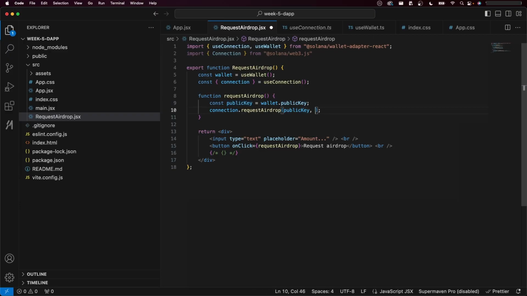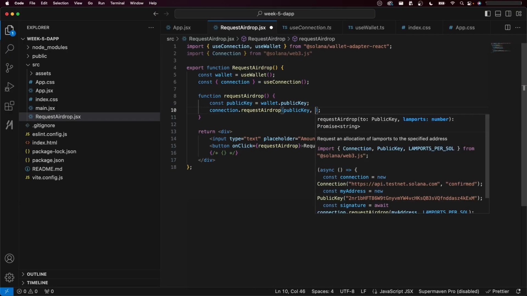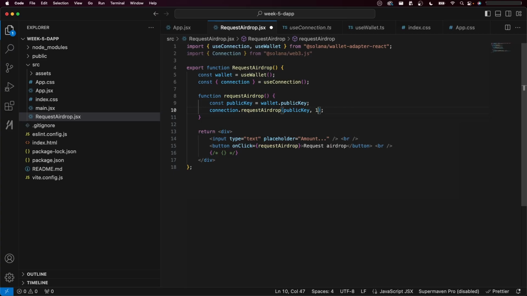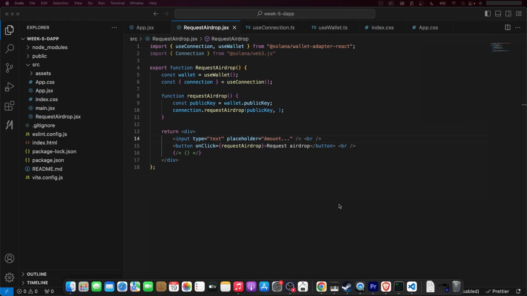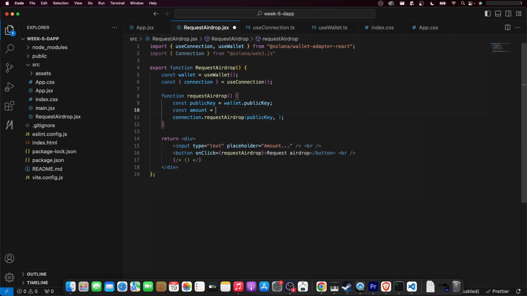And what is the second argument? How much money do you want to send? Do you want to send them 1 Solana? Do you want to send them 2 Solana? You want to send them however much amount the user put over here, that much Solana. So what should the amount be that I want to send? The amount would be